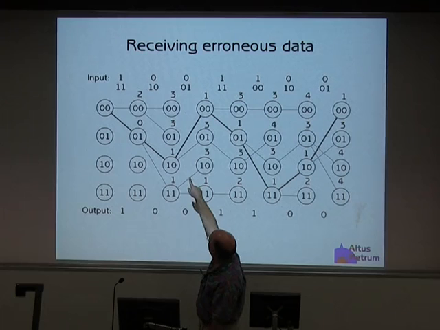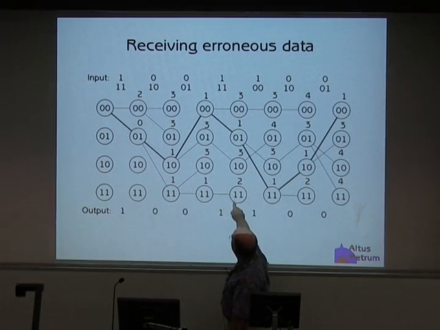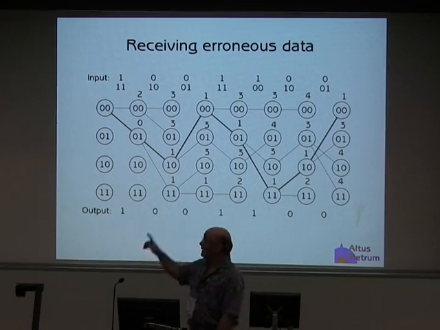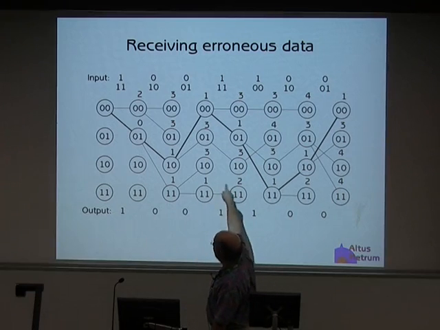Because of this one bit failing up here, and here now, we finally find out that for this one, the two possible state transitions that it could have received would both have cost more than 0. So both of them would have a cost more than the correct one in the middle there, this 0, 1 state here. So you can see that the decoder caught up after a couple of possible ambiguous bits.